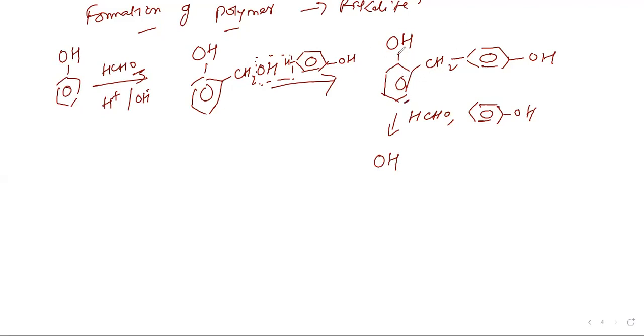If you look at this product, these two phenol rings are linked to one another via this CH2 group, methylene group, right? So when you take excess of formaldehyde, you have CH2OH group here also, CH2OH group here also. So these different CH2OH groups will react with phenol molecules and they form an interlinked polymer, right? And it will look like something like this. You can have a small picture of the polymer, right? Like this.